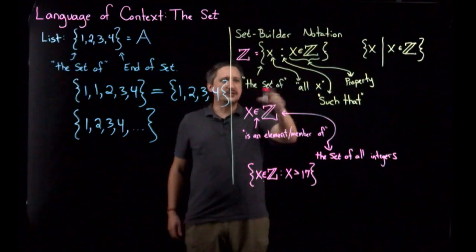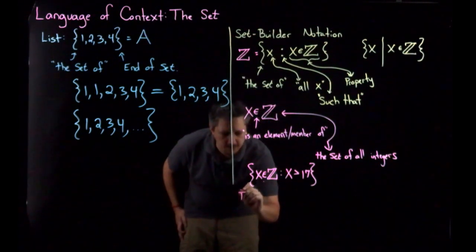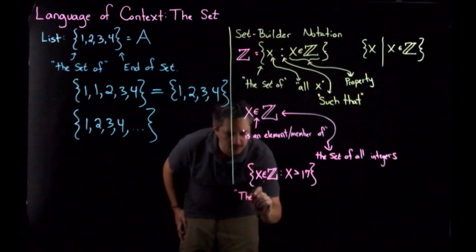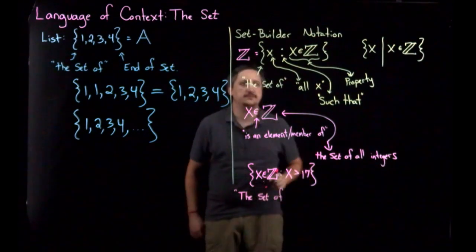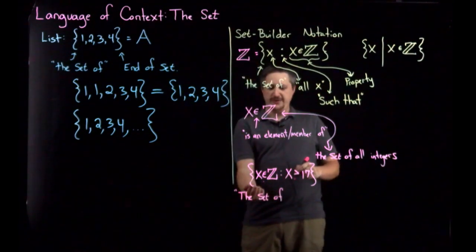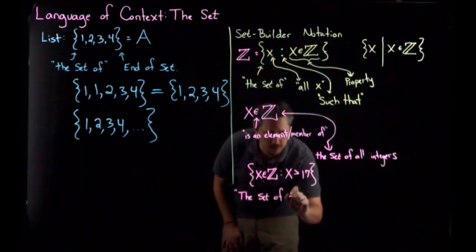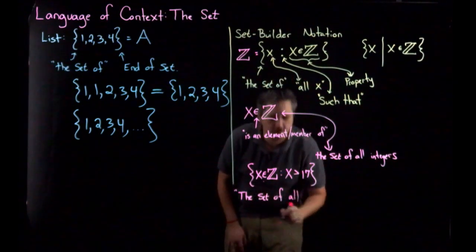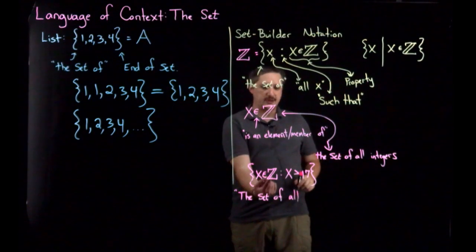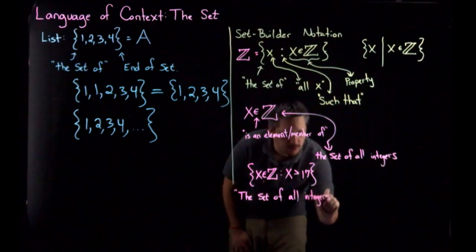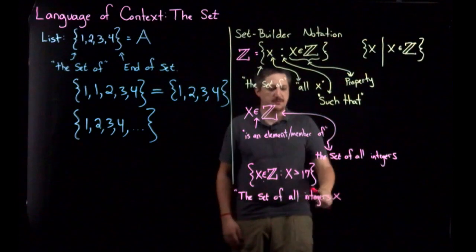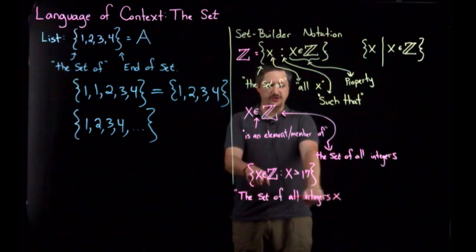The set of, so that's the open brace, all x, where x has to be in the integers. So I could say all integers x, meaning I'm looking at all the x which are integers,